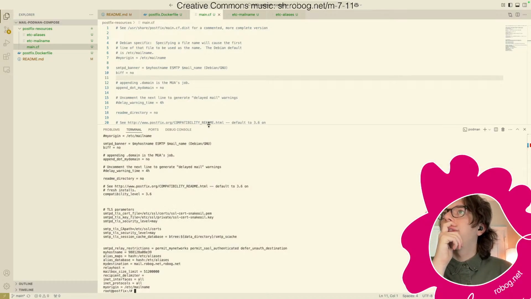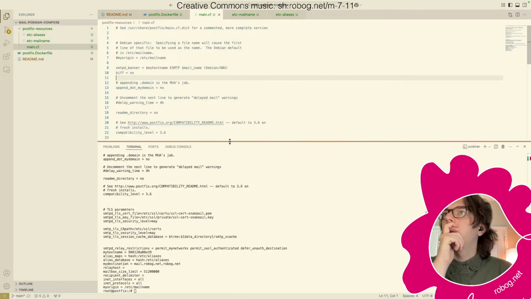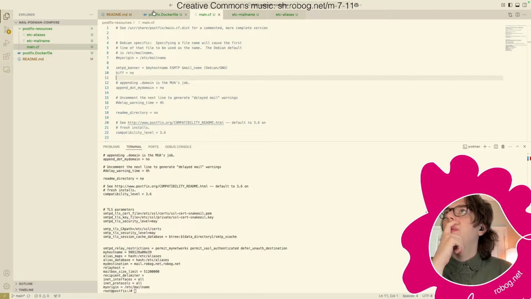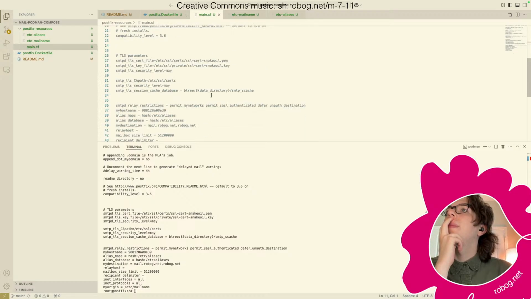We have this. We have this. Okay. So let's, where does Postfix put the emails? Still certs. Okay. Yeah, so these, okay, I'm gonna have to add,